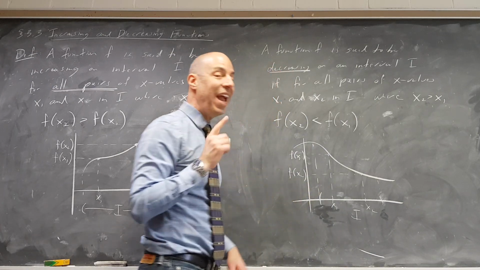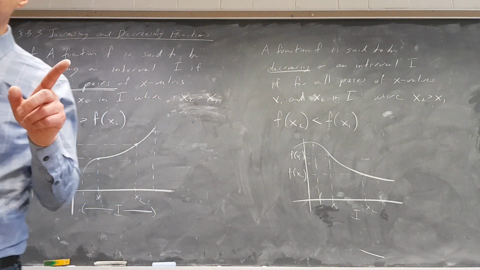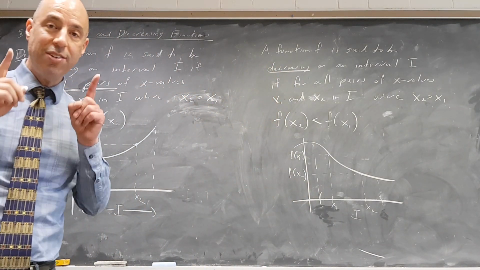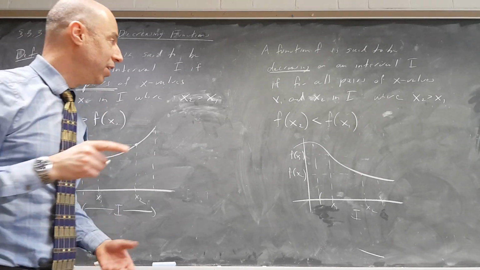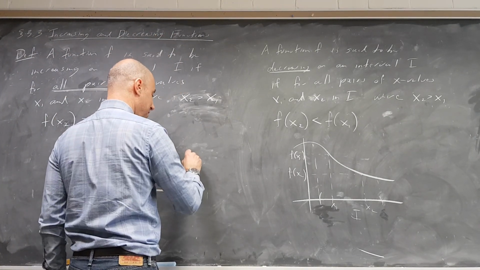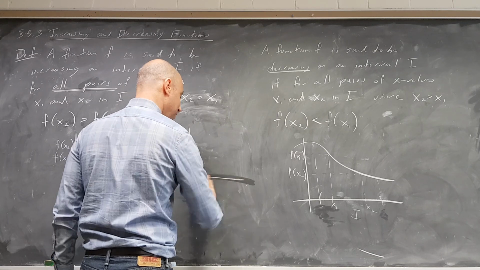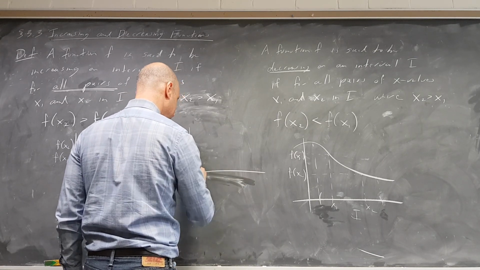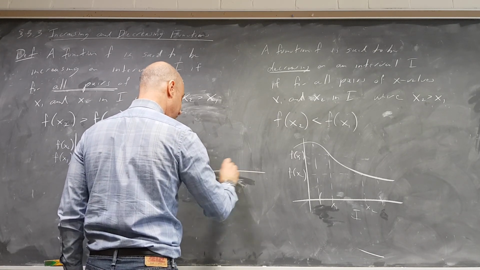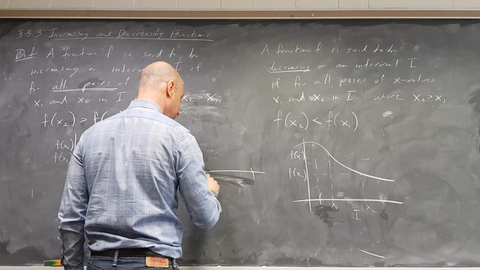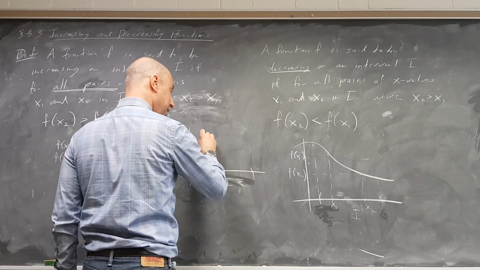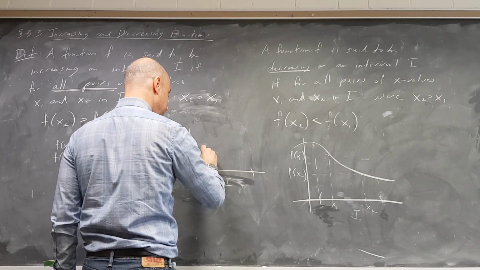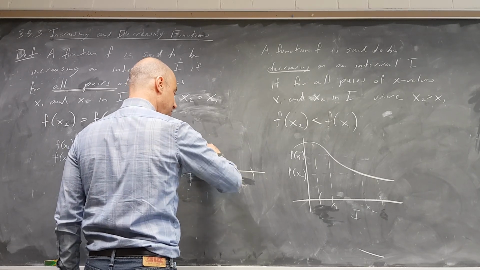It has to be true for any pair of points, not just the endpoints of the interval. Because it's possible to have a function, let's say I have a function that looks like this. Here's my interval. Let's say the interval goes from here to here, and let's say the function starts here, and it goes up for a while, and then it